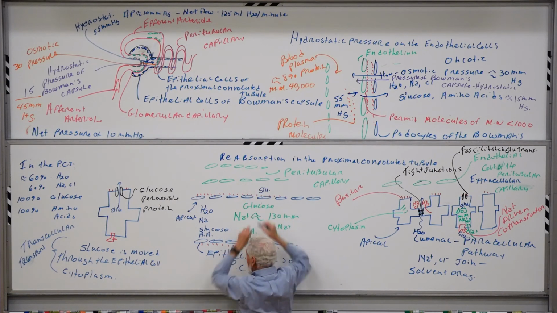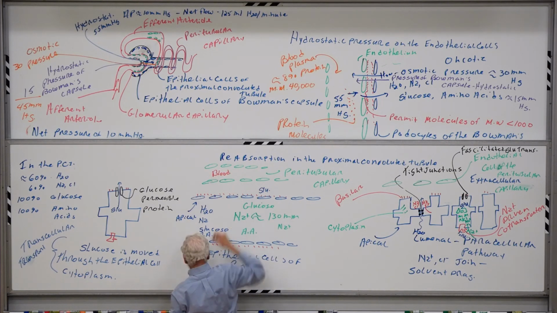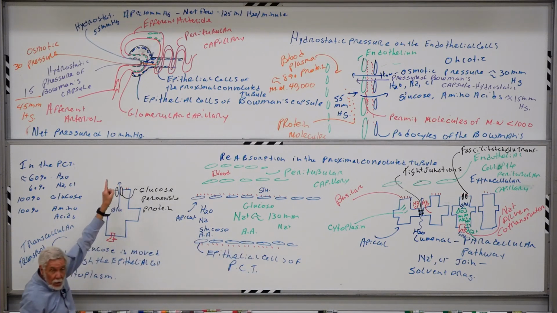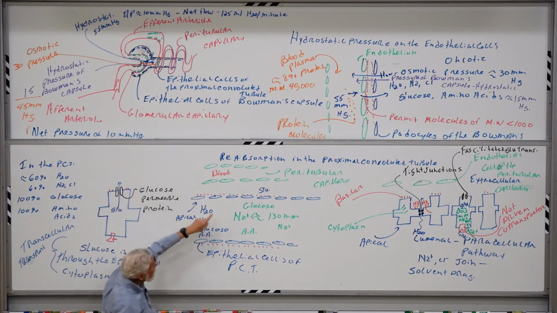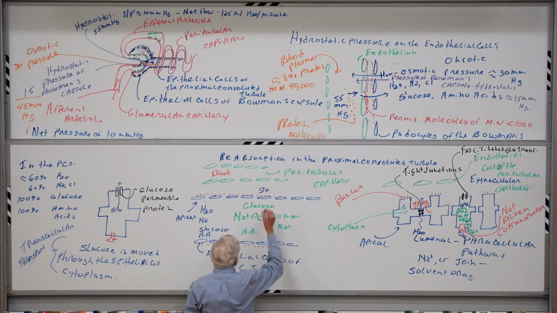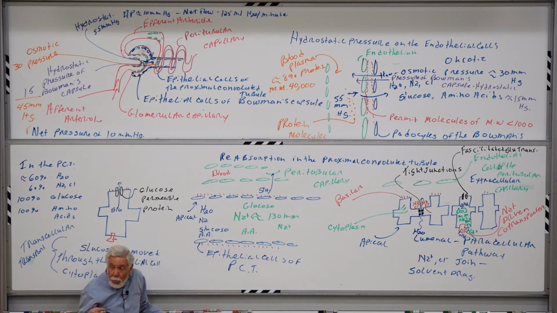But remember what's up here. This is blood. And now, remember, we've squeezed out most of the glucose from the blood vascular compartment into Bowman's capsule. That was done back in the renal corpuscle. So we've squeezed out most of that glucose. So this is relatively low concentration of glucose. So this now allows us to permit the glucose to diffuse back into the blood. So we effectively have replaced, we have reabsorbed the glucose that we squeezed out from the blood into Bowman's capsule